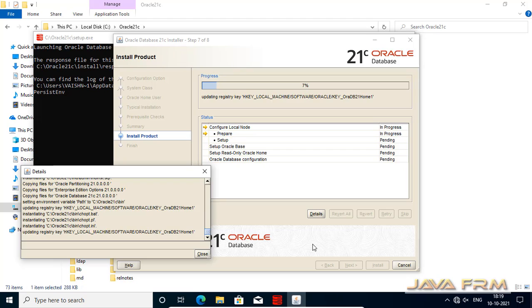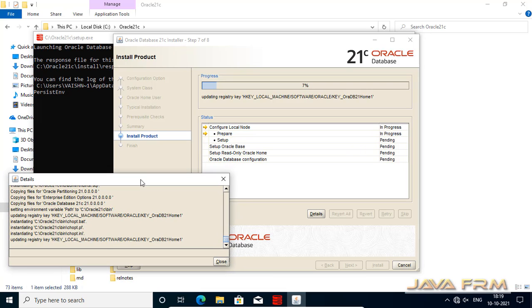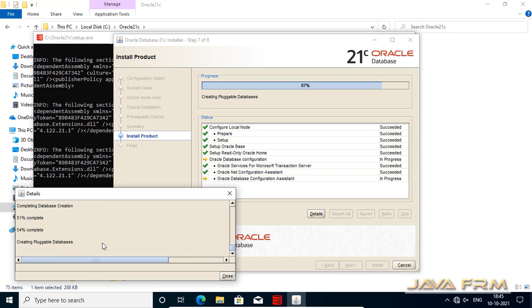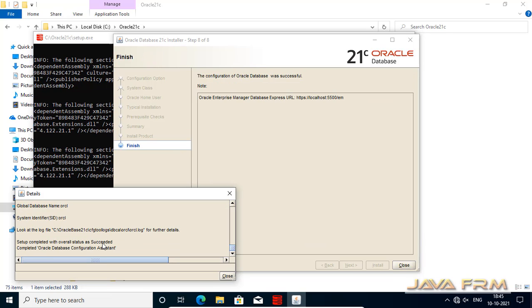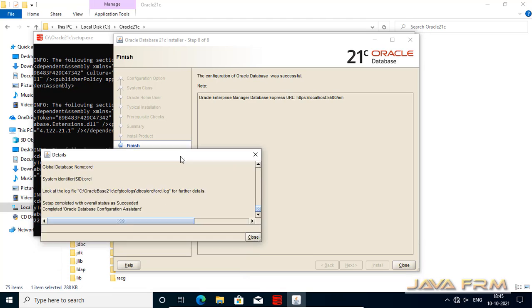Give allow access so that it will install Java. Yes, Oracle Database 21C Enterprise Edition is installed successfully.